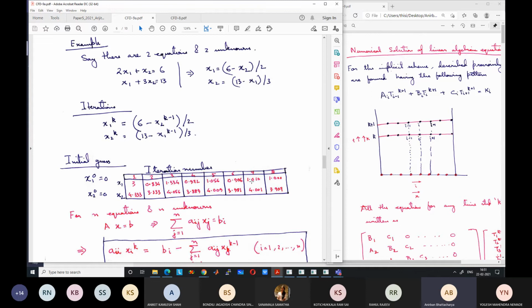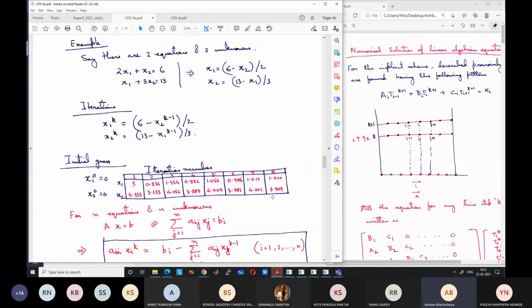If this is our criteria, in the previous iteration, was this equation satisfying the criteria? 0.01, it was satisfying. The change was less than 0.01, but this equation was not satisfying the criteria. Here the change was 0.02, but now in this equation the change is 0.01 for the first equation, and for the second equation it is less than 0.01, it is 0.004. So both the equations are satisfying our criteria. So we are saying that this is a converged solution. This final solution is known as the converged solution, and the criteria is known as the convergence criteria.